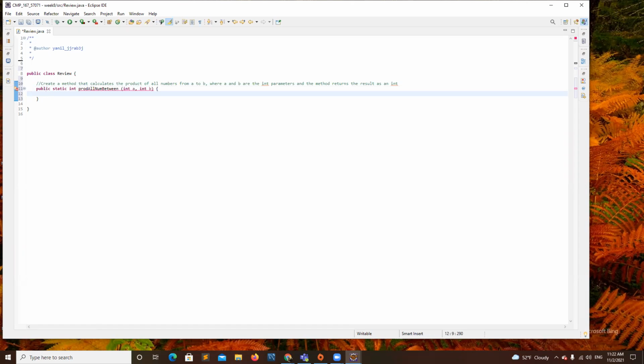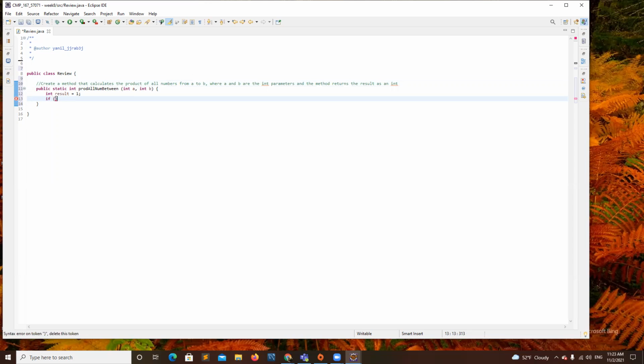Okay, so first I wrote int results equals 1. And then I did if A is less than B. Wait, but this one doesn't have the constraint; it's just saying from A to B. It does not say, okay, let me see, continue.